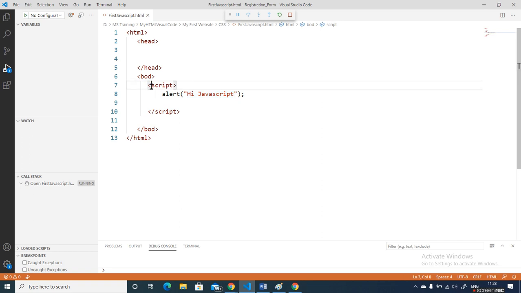In this script I just said alert. So what it means is that there is some function which is already predefined in your browser. The browser knows that if I want to pop up something, this alert function means I want to display something in a pop-up. How does the browser understand? Because JavaScript, this scripting language, is known to the browser.